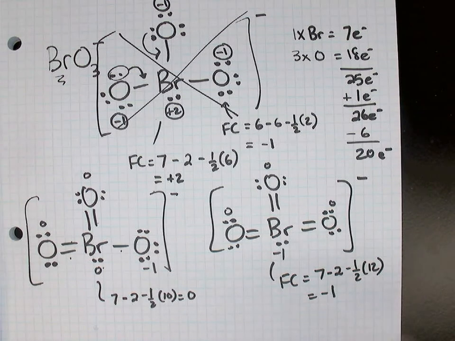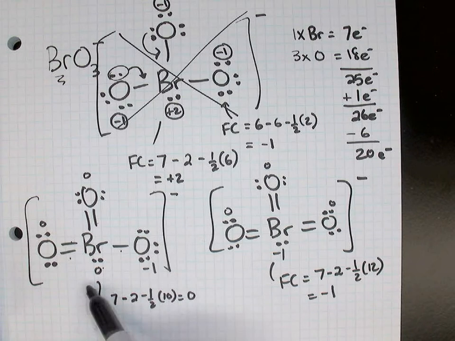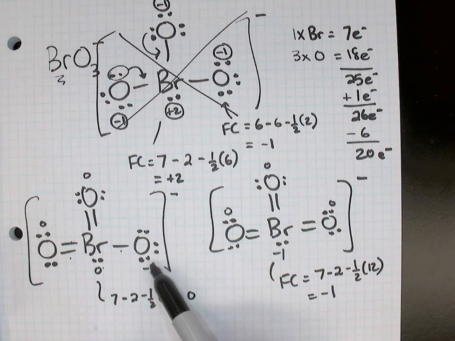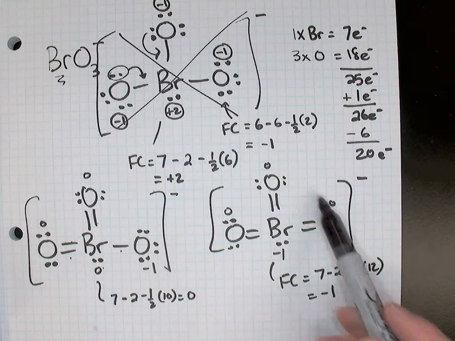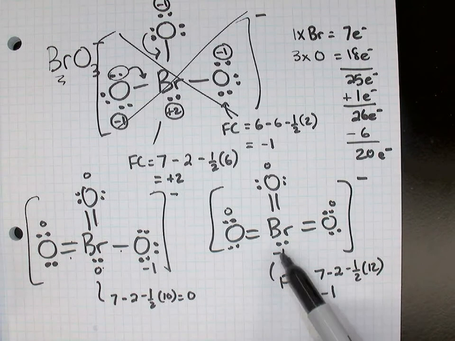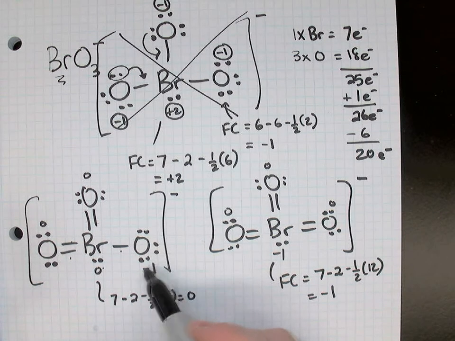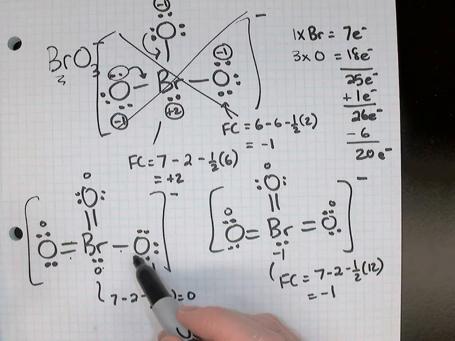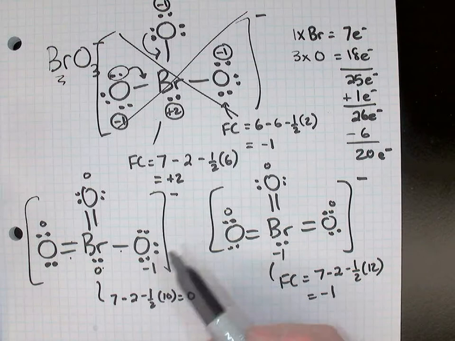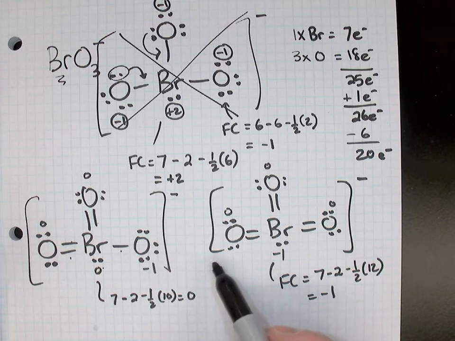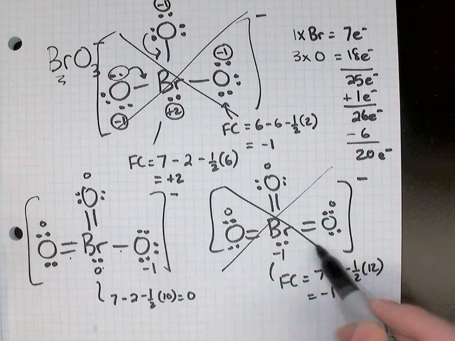The bottom one on the left is actually looking pretty good. It's got 3 atoms with 0 formal charge and 1 with a charge of -1. But the one on the right appears to have 3 atoms with 0 formal charge and an atom with -1 also. So which one is correct? The key is that on the left, the negative formal charge is on oxygen, where on the right, the negative formal charge is on bromine, and the rule is that the negative charge should be on the more electronegative atom, which in this case is clearly oxygen. So we're going to rule out this guy, and we're going to suggest that this is the correct Lewis diagram